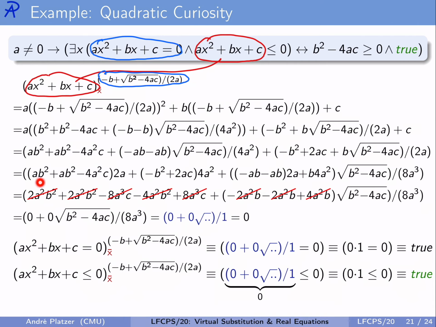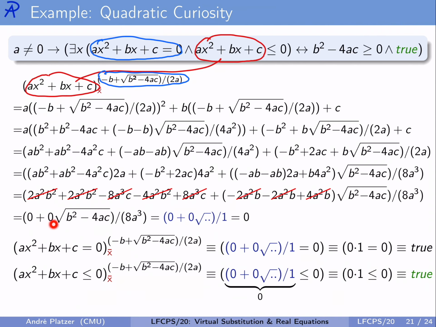For example, ab squared times 2a gives us this, but ab squared times 2a also gives us that. We could have canceled it earlier, honestly, but now we notice that we can cancel it after factoring it out. This gives us that, which cancels with the 2ac plus 4a squared over there. And the whole thing cancels, and the whole thing cancels, which gives us, after simplification and multiplying the polynomials out,